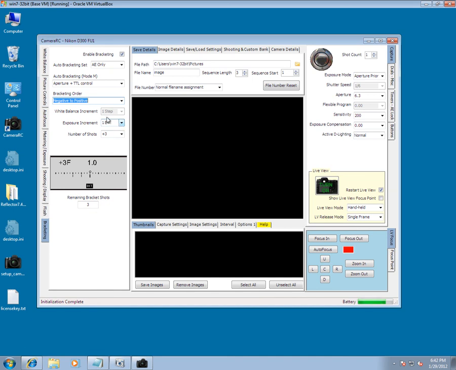The white balance increment just sets how much adjustment will be made to the white balance. Since we're not in white balance mode, that is not enabled. The exposure increment gives the exposure increment on either side, and we can see we're set to 1 EV, and if we look down here on the